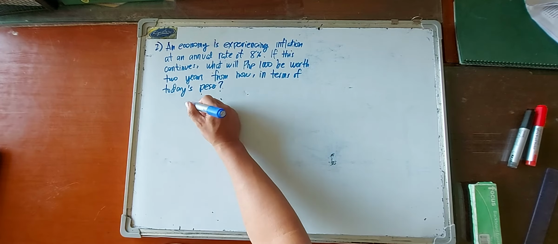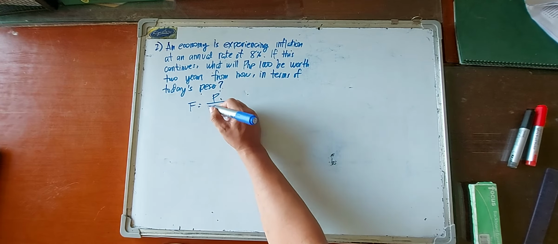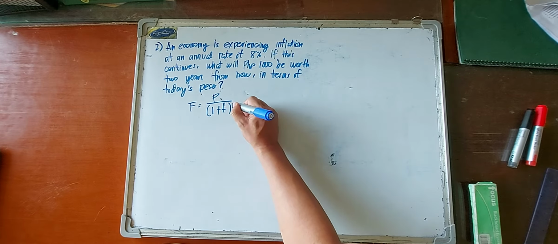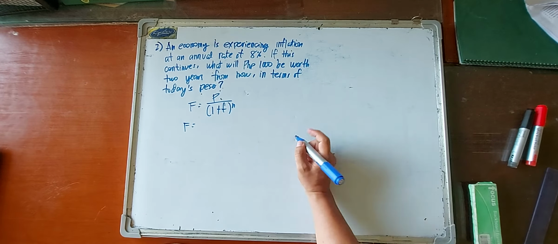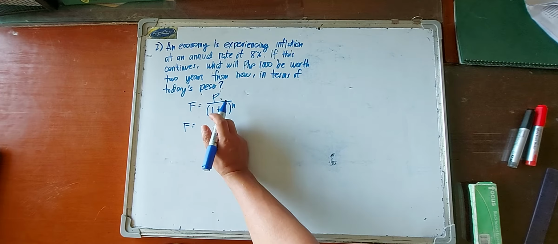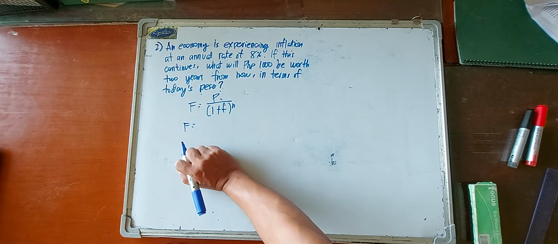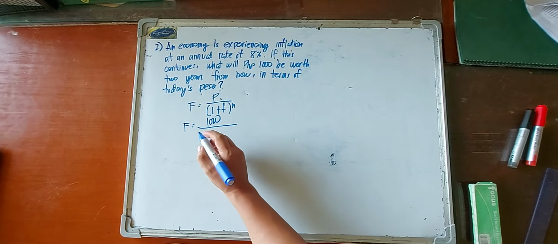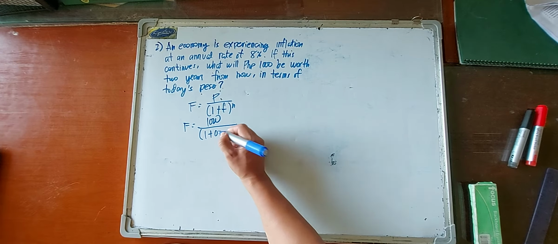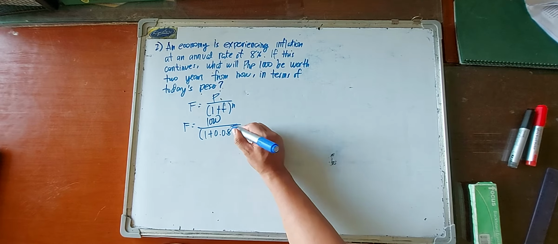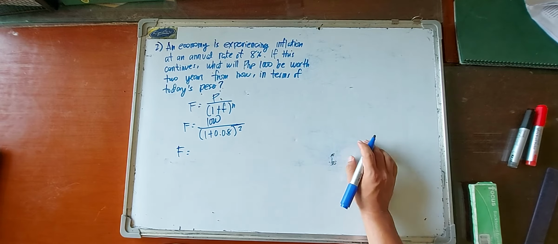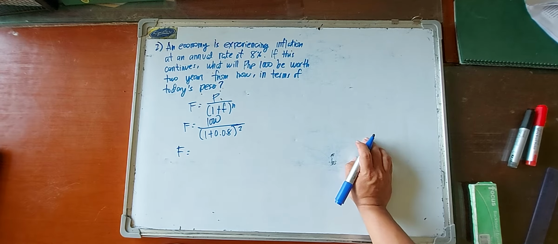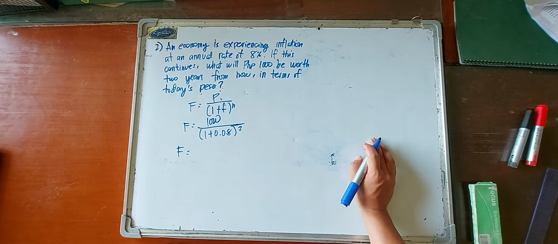Okay. So F is equal to, okay, so we have the present value or present amount is 1,000. What would be its value after 2 years? So we have 1,000 divided by yung effect na inflation natin. So 1 plus the inflation rate is 0.08. And we have 2 years period. So the future value, okay, of 1,000 after 2 years is equal to